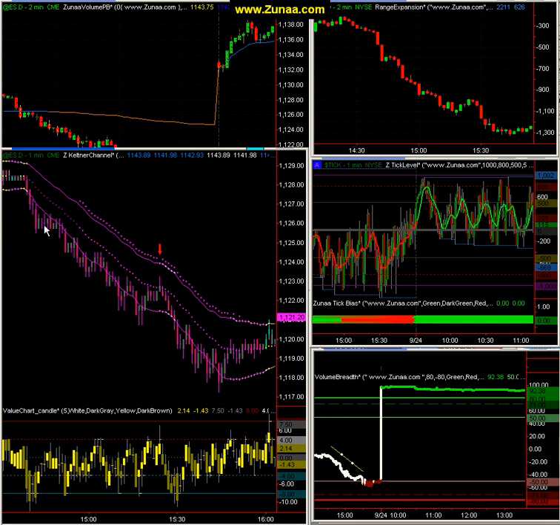Now you can put this on a tick chart, and then you would have 1, 2, 3, 4, 5. You would have a lot more trades. This is just a 1 minute chart. So that's how you would tackle a trend, and it doesn't have to be that difficult. It's just a matter of combining the right tools.